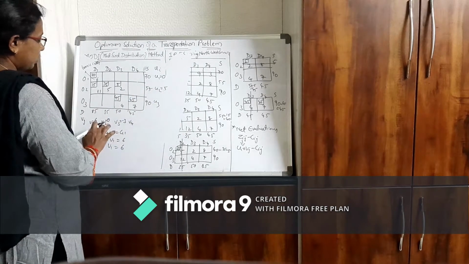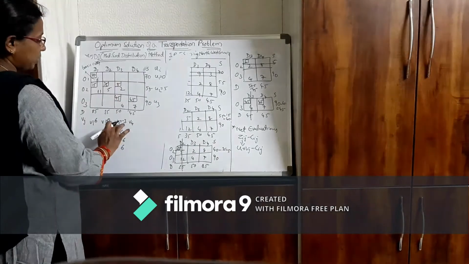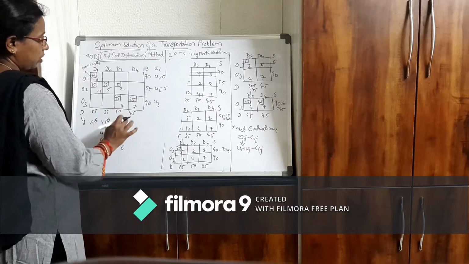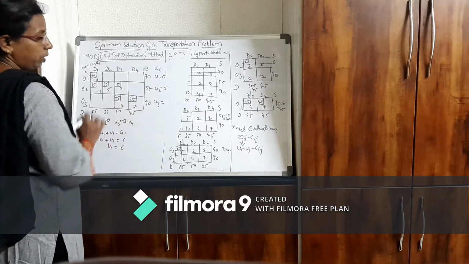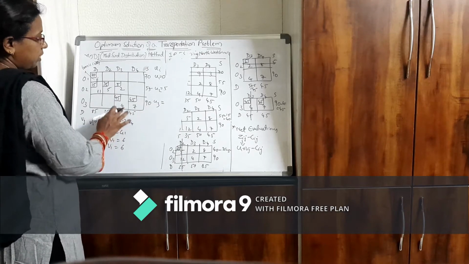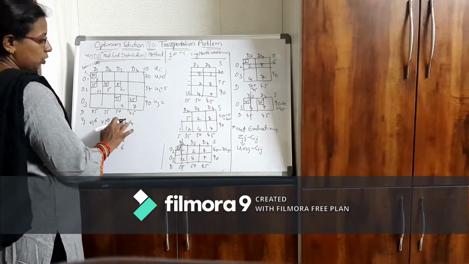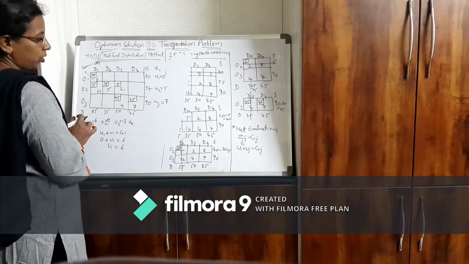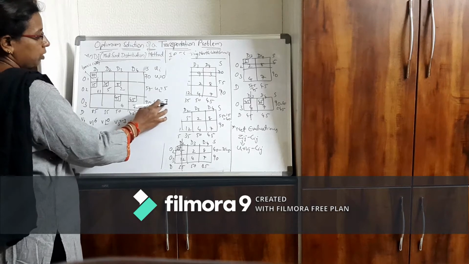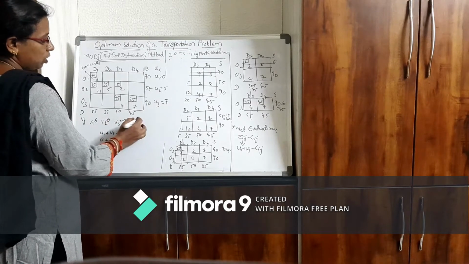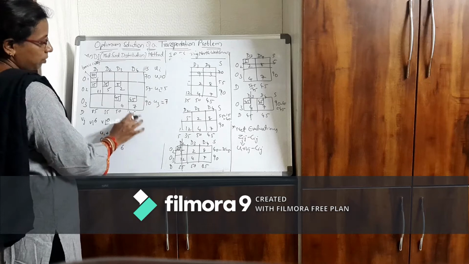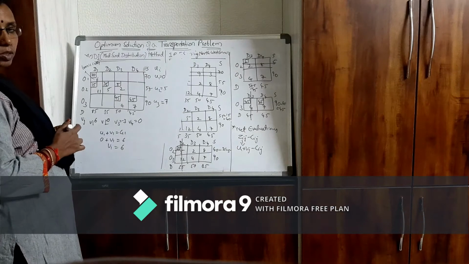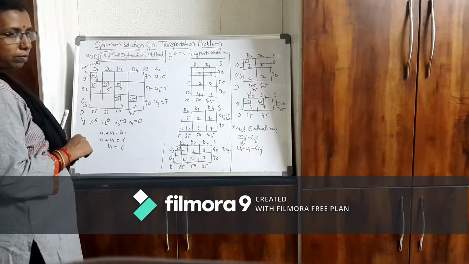Now come column wise. For V2 also you don't have any allocations. For V3 equal to minus 3, I have an allocation here, 4. So minus 3 plus something should be equal to 4. What should I add to minus 3? I should add 7, so that 7 minus 3 becomes 4. Now again corresponding to this 7, I have 7 here. So what should V4 be? 7 plus something should be equal to 7, so 0. Got it? So you have to do it alternately.